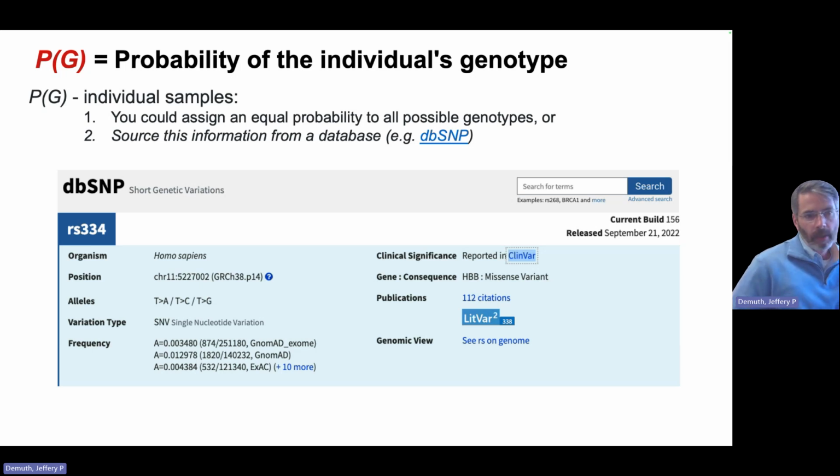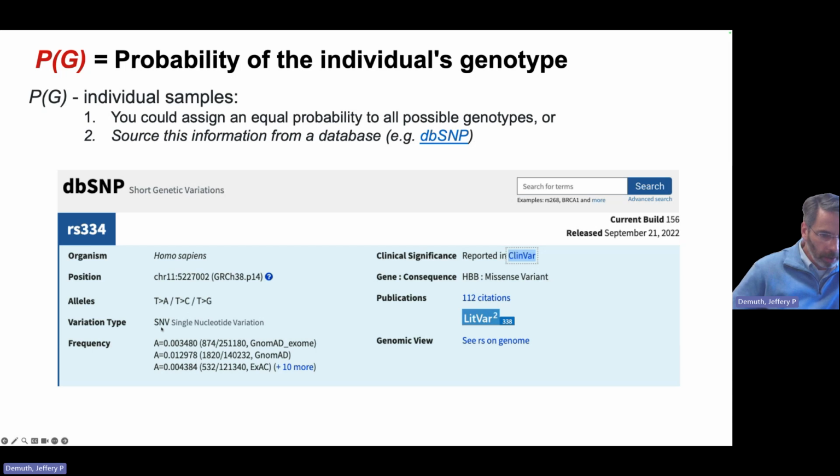But a more accurate way, like in humans, this example is for the sickle cell, or the most common sickle cell mutation, is you go to a database like dbSNP. So this is at the NCBI dbSNP website. Just took a screenshot. So this tells you the position. This tells you the allele. So T is greater than A, C, or G. So T is the reference. But there are